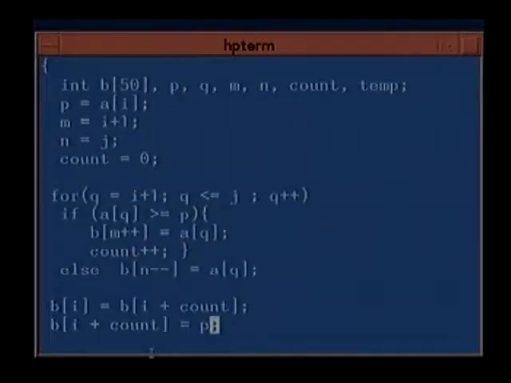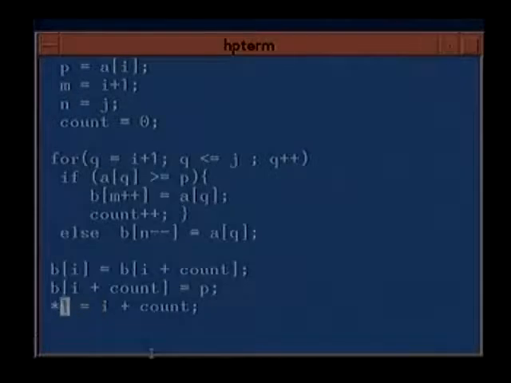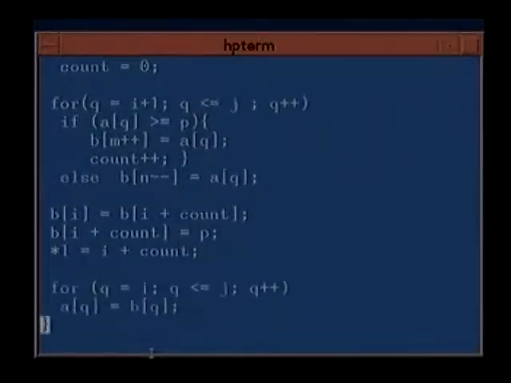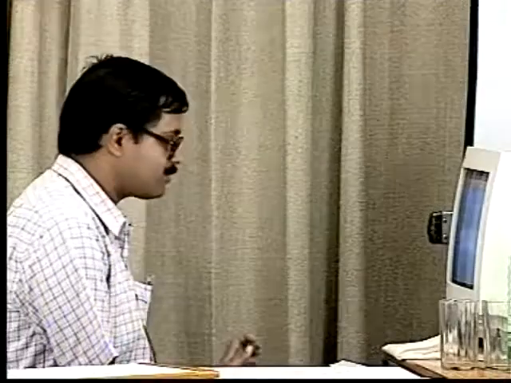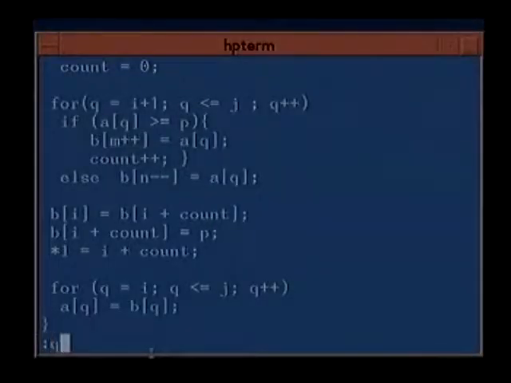If, as we mentioned, say in B1, the number of elements in B1 was the value of count, then the content of L is i plus count, and that is what is returned. And before returning, again we copy the values of the array B back to the array A. So this way we can write out this quicksort routine.